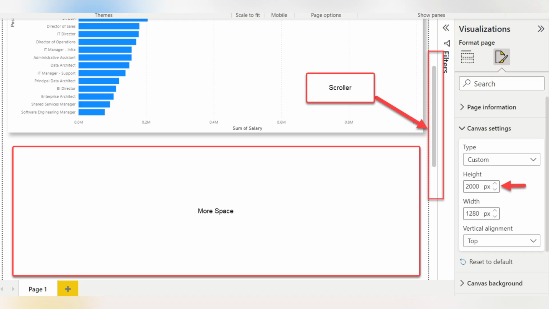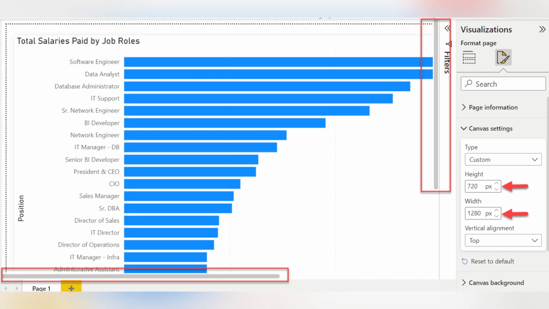If you want more space for visuals without scrolling, leave Page View as Fit to Page and change canvas settings to Custom, increasing width or height as needed. If you want top to bottom scrolling, set Page View to Fit to Width and adjust height in Custom. For both left to right and top to bottom scrolling, set Page View to Actual Size and then adjust height